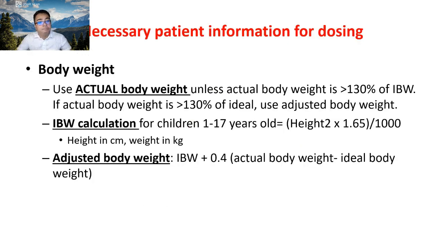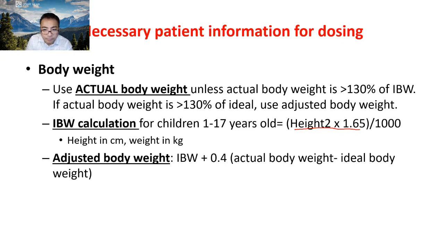Okay. So necessary patient information for dosing, for body weight. Use actual body weight unless, again, actual body weight is 30% higher than the ideal body weight. Then we'll be using adjusted body weight. So IBW calculation for children between 1 to 17 years old says height times 2. Okay, times